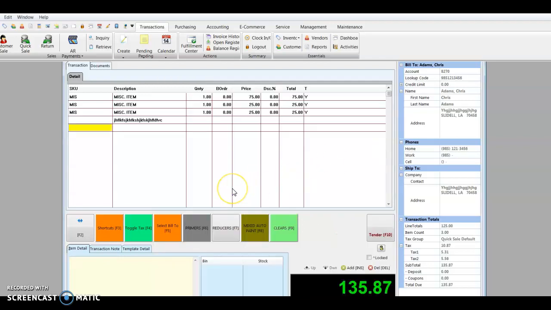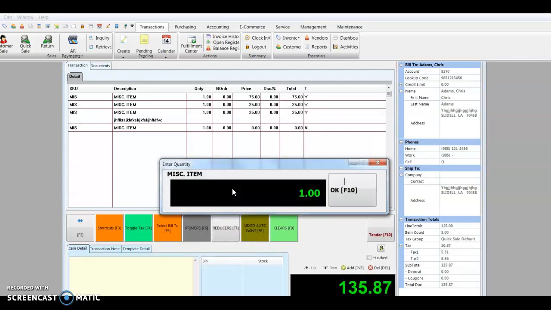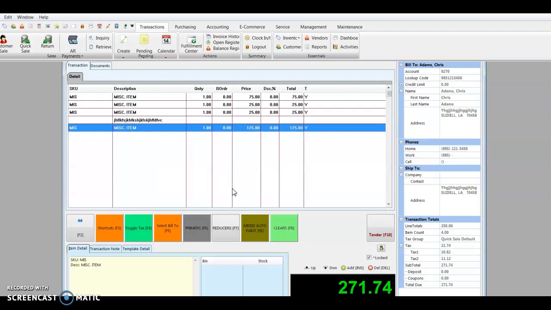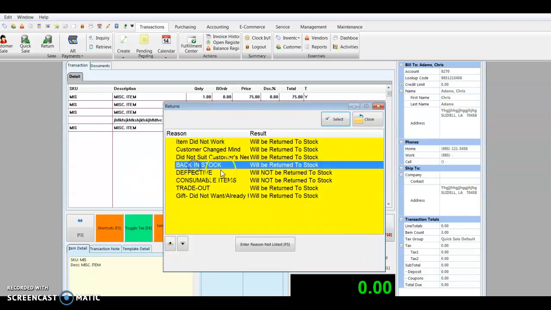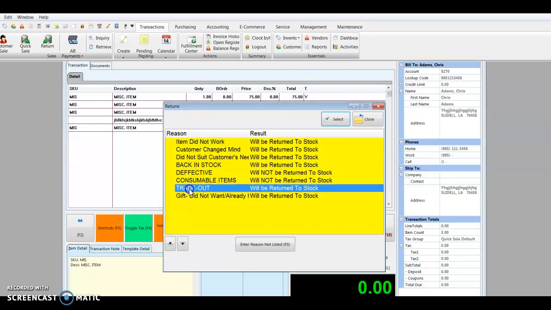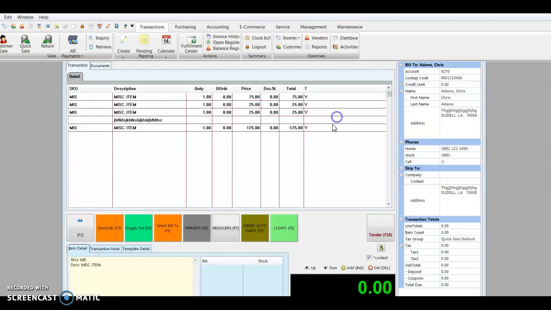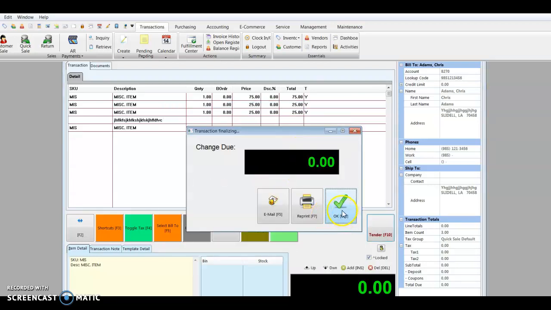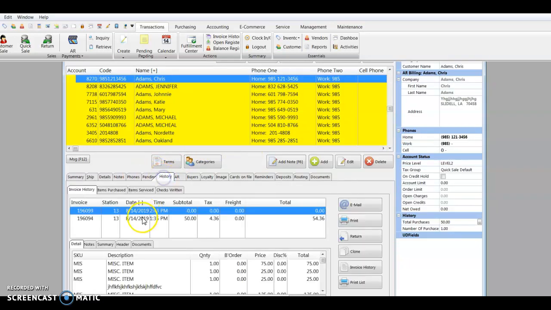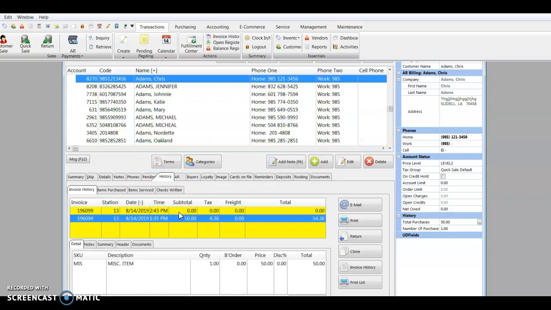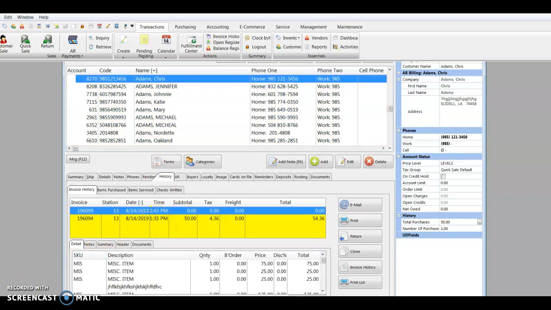I'm going to do something just because I want to press the register. I'm going to reverse it, make it a credit. And this comes up to what do we do? Put it back in stock? Is it defective or trade out? So trade out, because we will not return it to stock. Alright, so now that sale is under this history. So we got two transactions. This one I did earlier and then this one now. So that's something